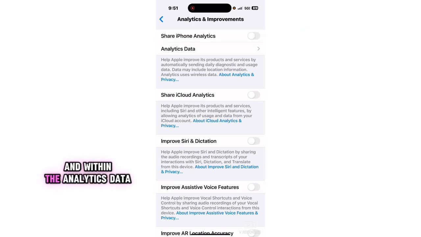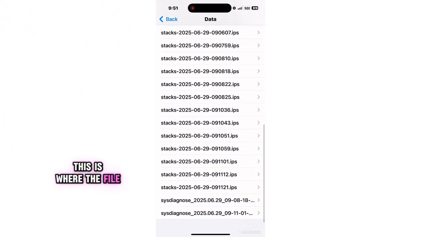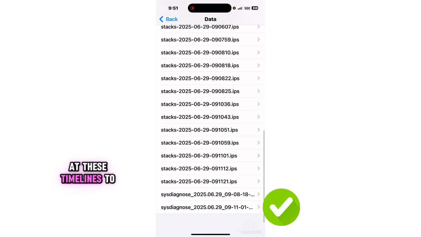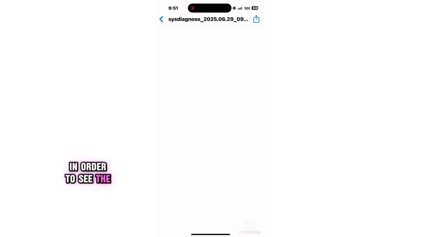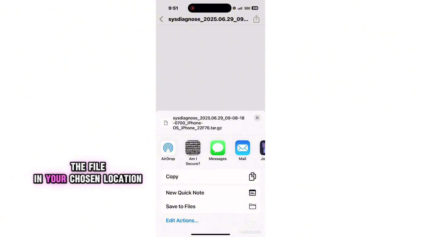And within the analytics data, this is where the file is, you can see here on the bottom, the sysdiagnose that was generated this morning, 6:29, which is today, and I ran two of them at these times. In order to see the information or the analysis, you have to actually save the file in your chosen location. So I typically would save the file